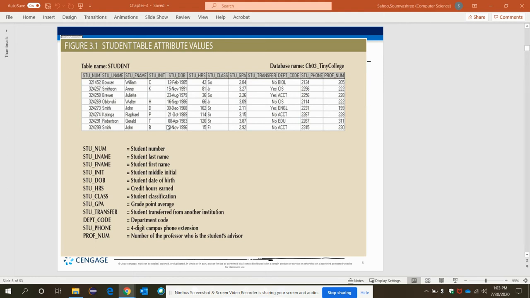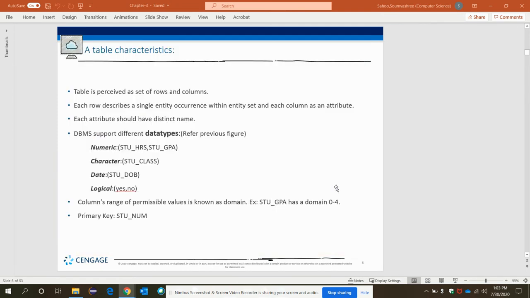The order of the rows and columns is immaterial to the DBMS. You can follow any sort of ordering. And each table must have an attribute or combination of attributes that uniquely identifies each row. These are some of the characteristics of any relational database model or table.